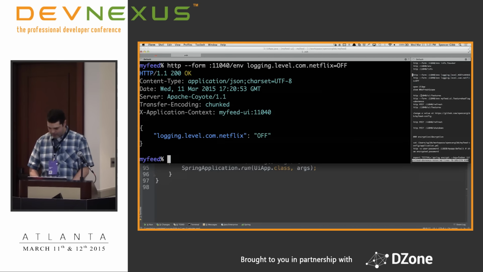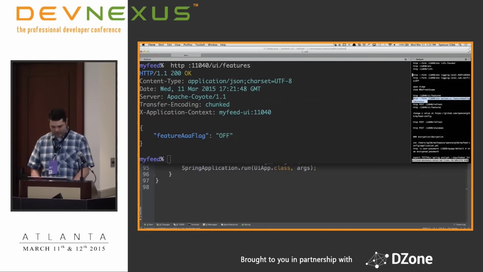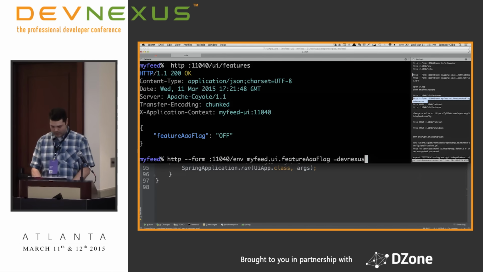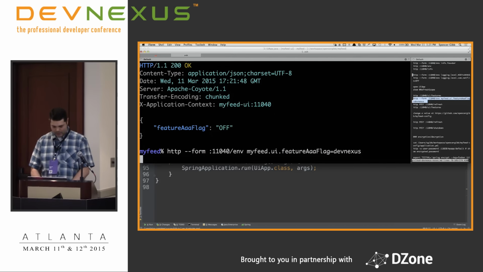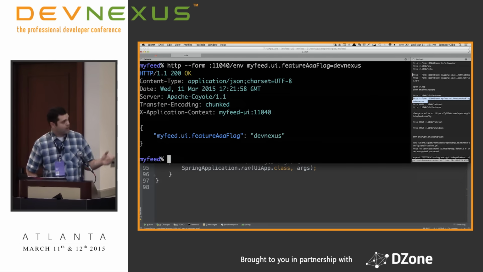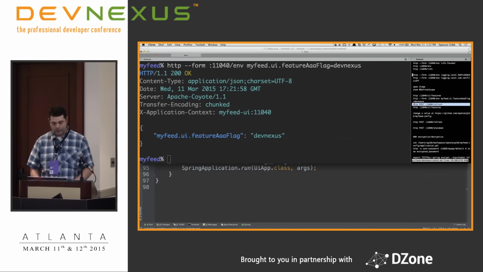I've created a little endpoint that shows feature AAA flag is off. If I change that flag to, I'll just say, Devnexus, it returns that environment, that property was changed, and there's a new actuator endpoint called refresh.